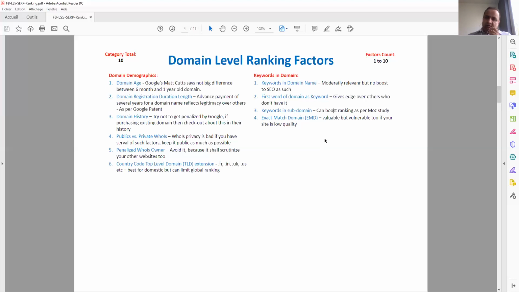So try for exact matches in topic-specific or category-specific URLs, but not in the main URL, unless you are going for a specific market or a very small segment of your business. So these are 10 domain level ranking factors,